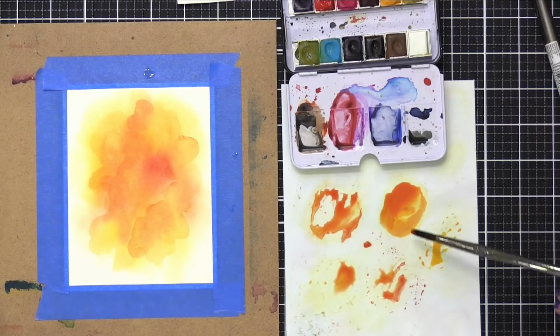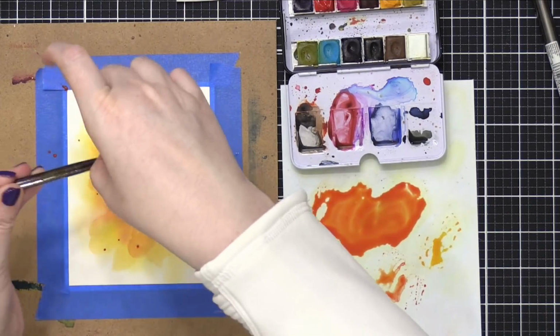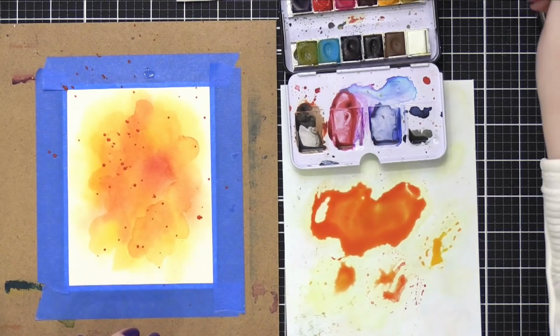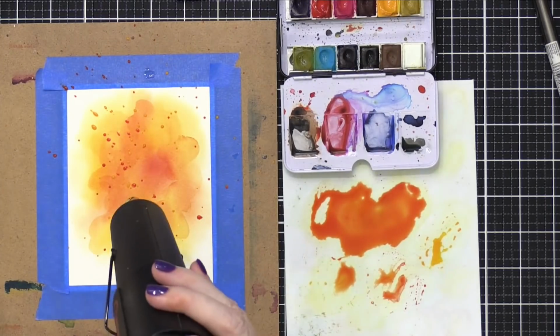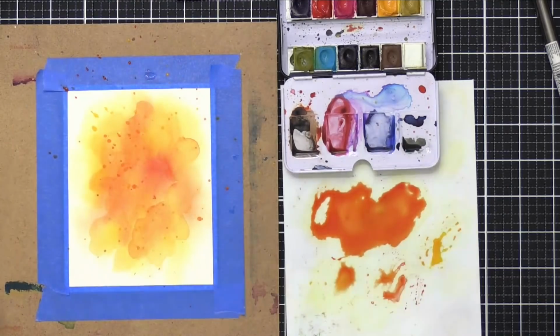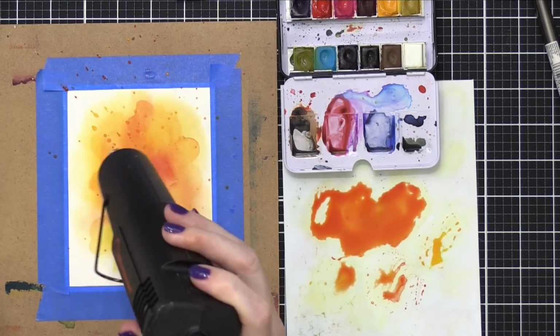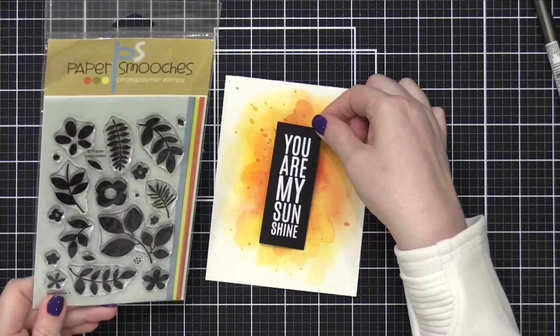I also decided to put some paint on a paintbrush and tap it with my hand to get some nice paint droplets. And that red was looking pretty intense, so I did it with yellow and then took a paper towel and just sopped up some of that color, and that took away some of that intensity and made it just right. So now I have my watercolor piece all dried, removed from the board,